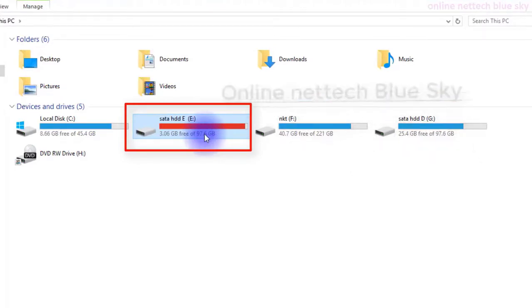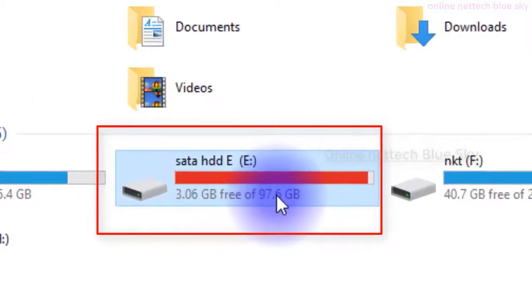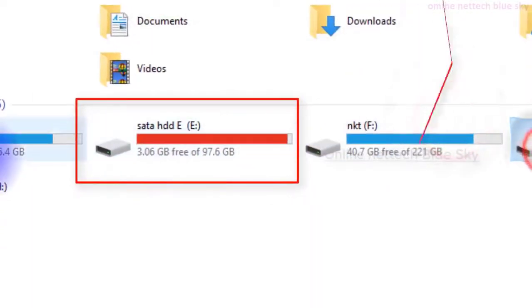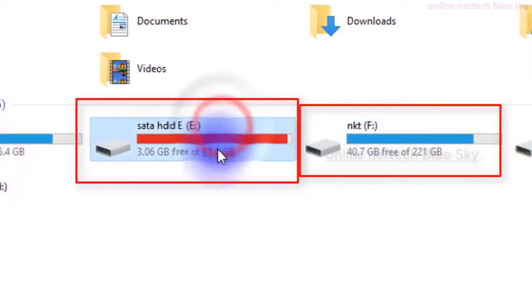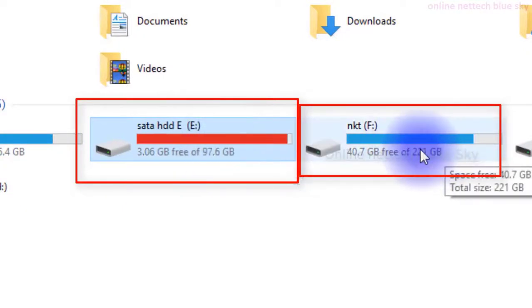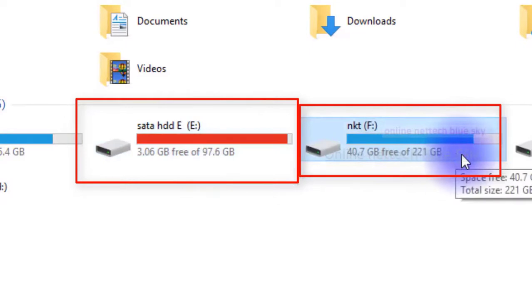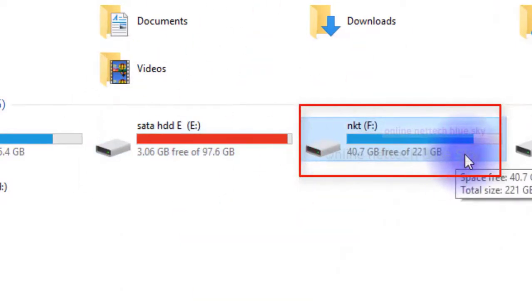My maximum size is 97 total, and you can see 3.6 GB available, but these partitions are going to 21 GB and 40.7 GB free.